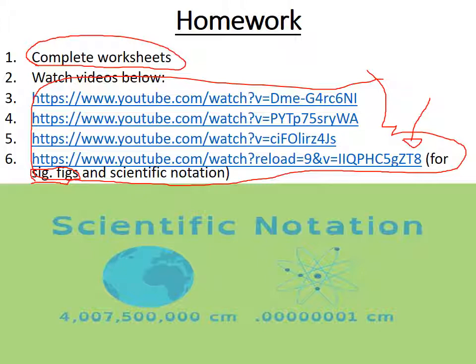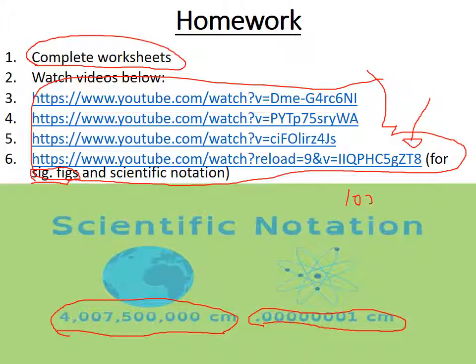So again, scientific notation is a system that's used when you're writing really, really big numbers, like this one over here, or really, really small numbers, like this one over here. It helps to make significant figures less ambiguous, meaning less confusing. So if I have 100 here, generally the trailing zeros without a decimal place are non-significant. They're not significant digits, so you only have one significant digit. But let's say you did want these zeros here to be significant. There are a few ways you can do that. You can do 100